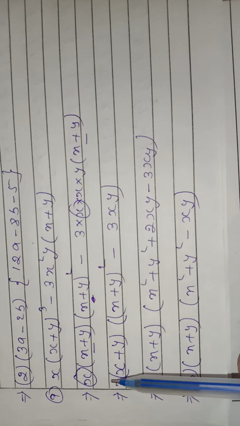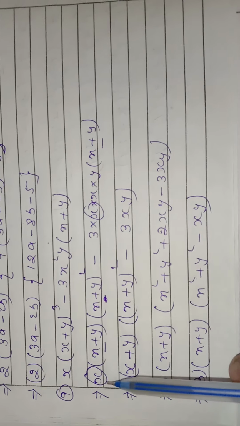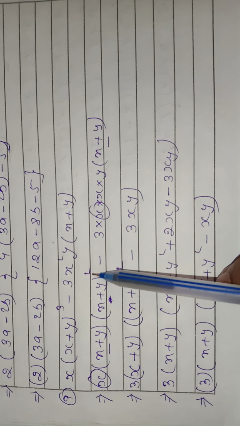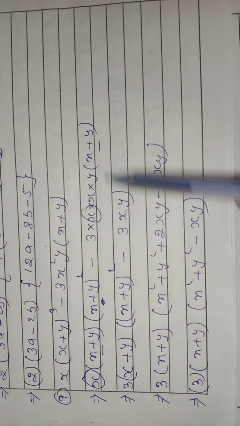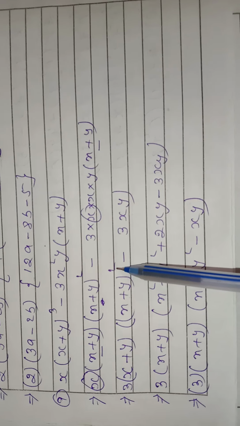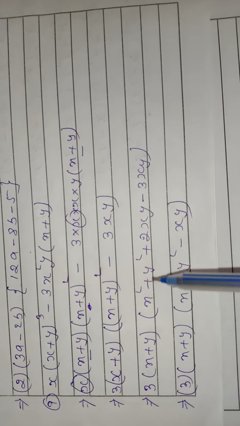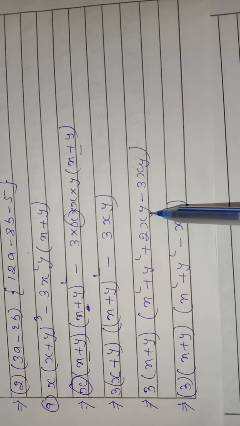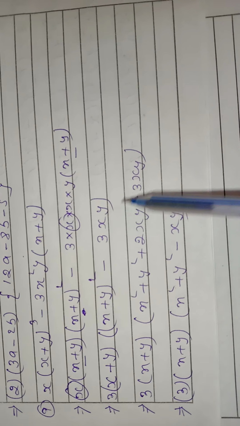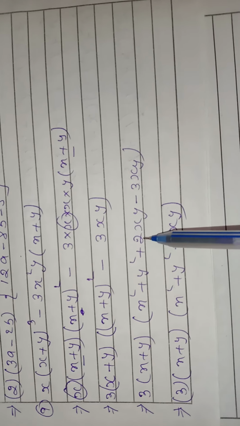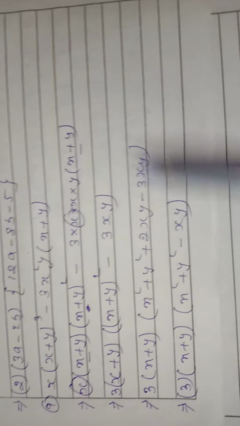Same way in question number 9. Cube. So write it, let it be square. Find out common numbers. A plus b whole square. As we know, x square plus y square plus 2xy. Minus xy is here from this side. If you subtract 1 from 3, you will get 1.